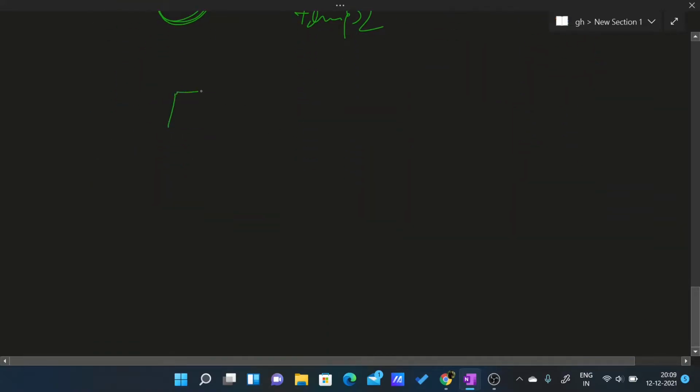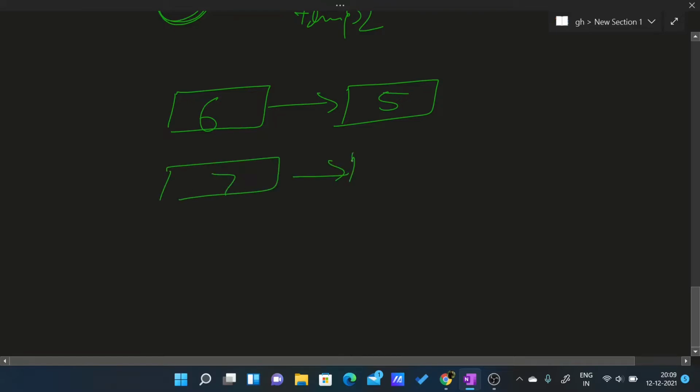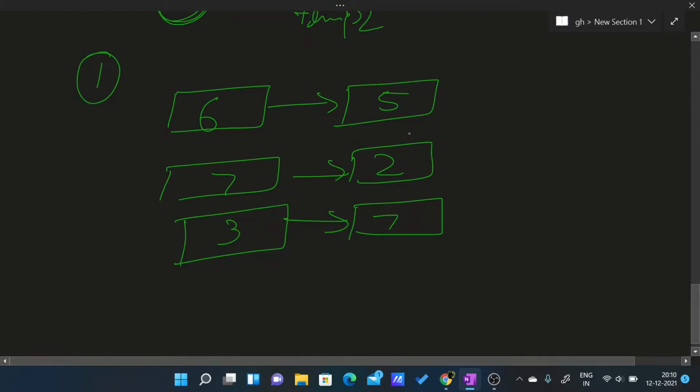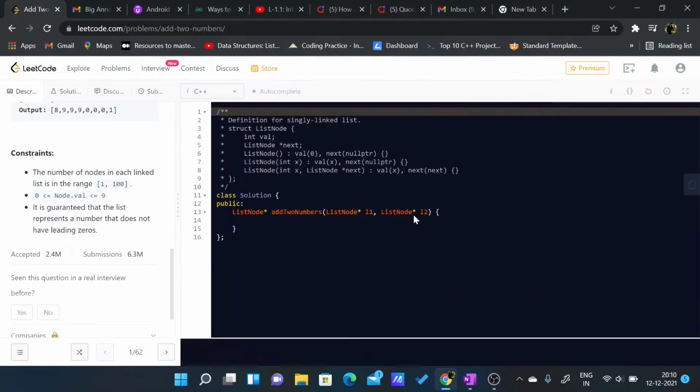And let us say in case we have something like this, here we have 6 and here we have 5, and here we have 7 and here we have 2. So when we add, this will be 7 and this one will be 13, but we also have this one which is carried. So for that we will have to check after this while loop another condition, that is if our carry is greater than 0, we will insert it to the list. Okay, so that was the basic idea and why the first approach didn't work. Now let us just code it.